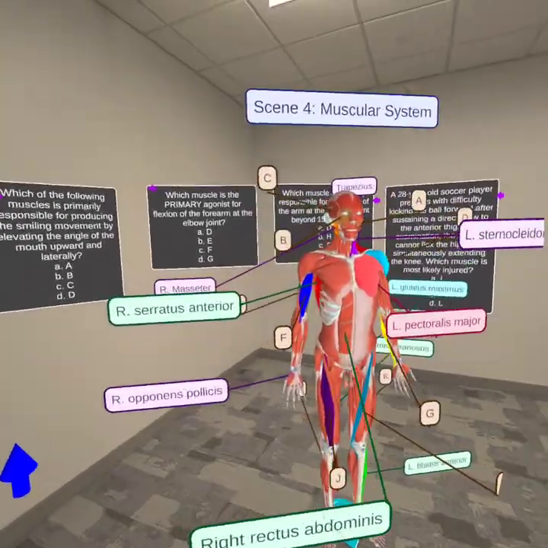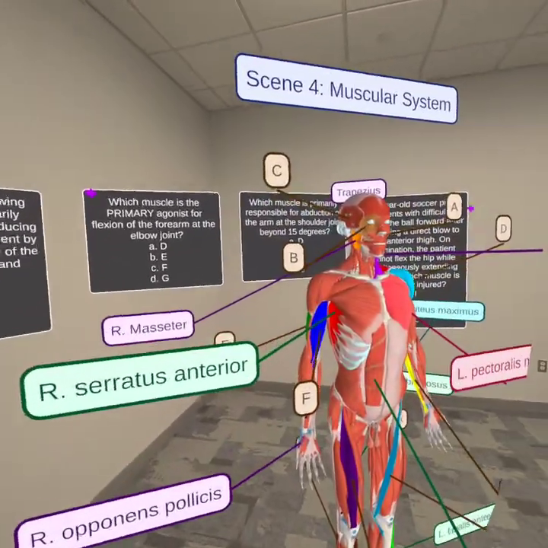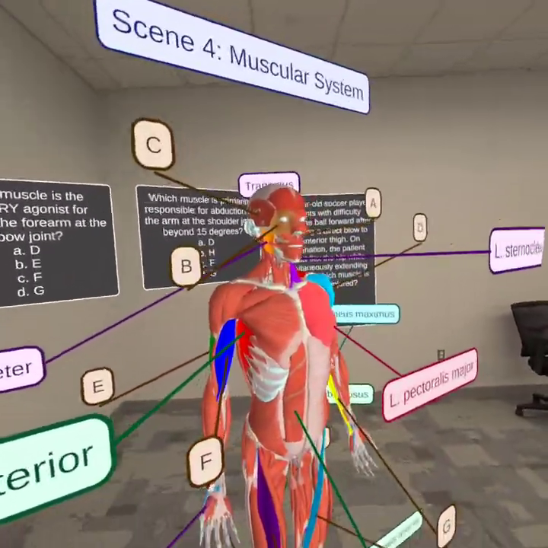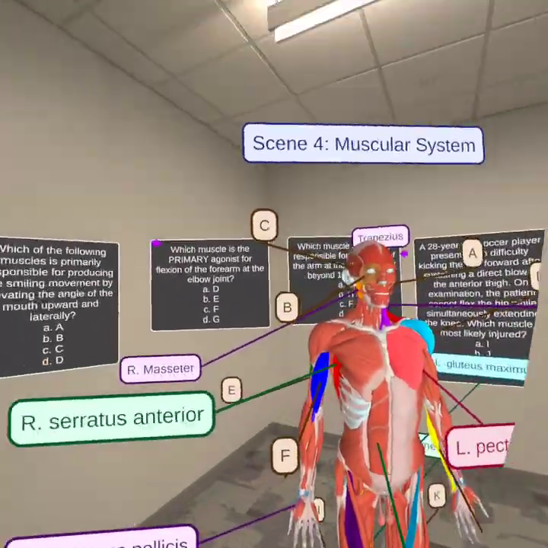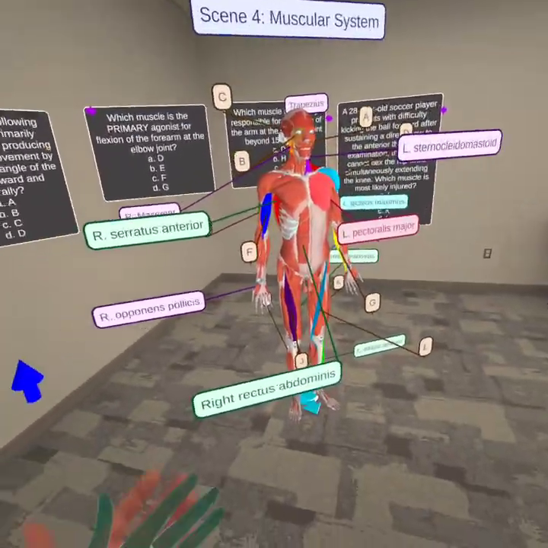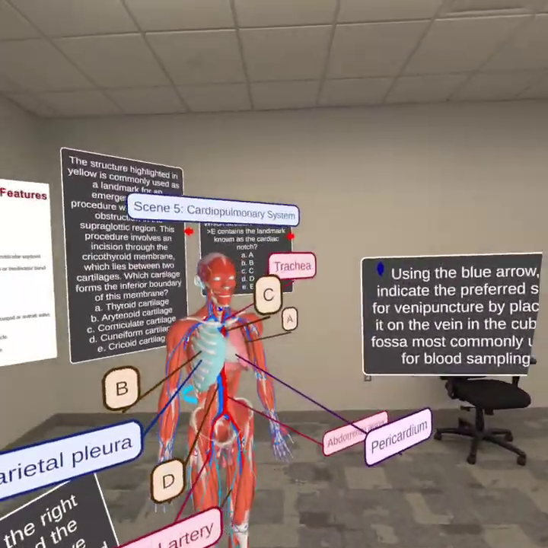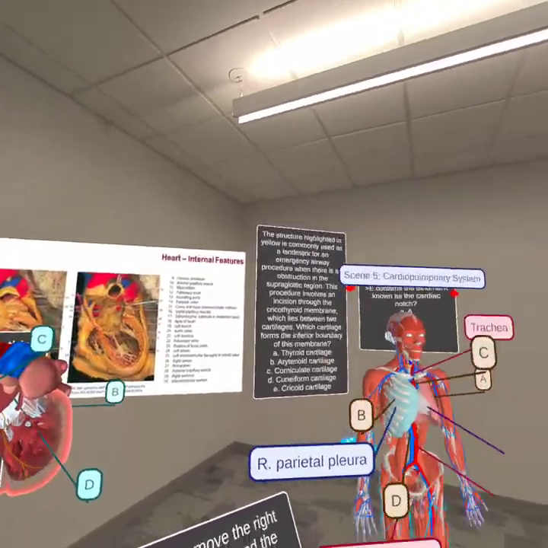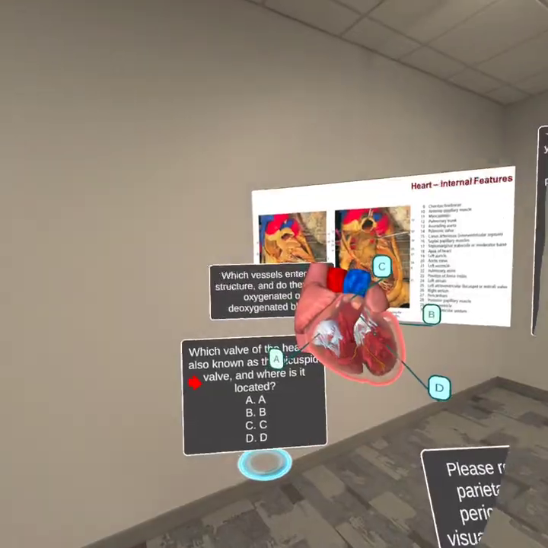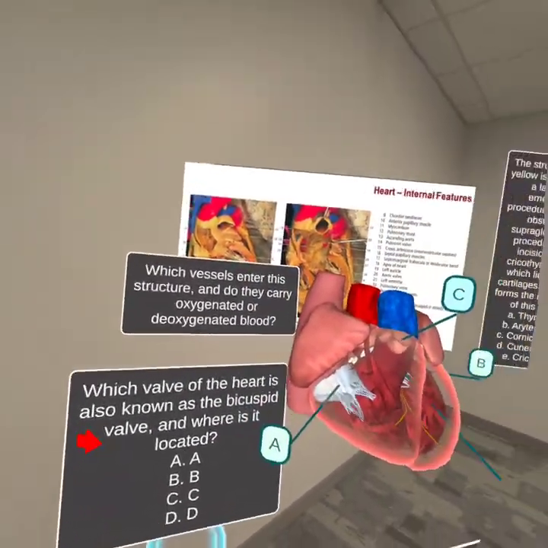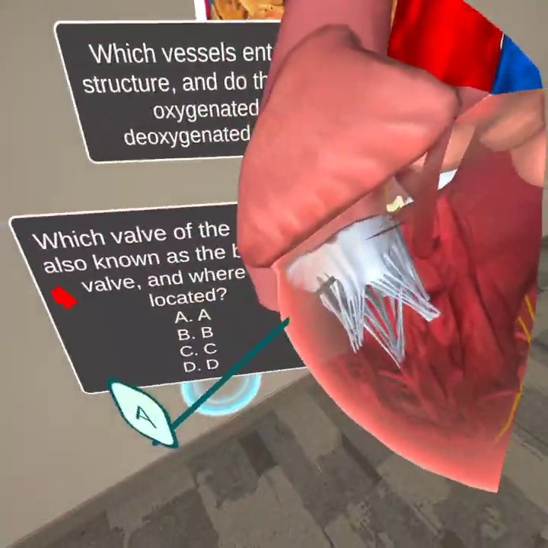Again, really appreciate the highlighted labeled muscles, ask questions, see how the software looks for you. If you like it, if you can really imagine yourself learning this way, then this school, this technology is for you. So, more questions. The whole purpose of giving you a slide like this is to really immerse you in the space and put you in the shoes of our medical students and how they're learning with this tool, how they're using it, how they have questions here that are really testing them to learn what each of these structures